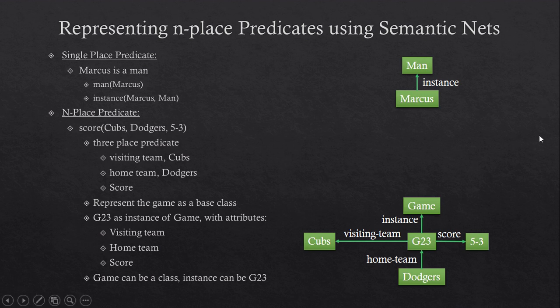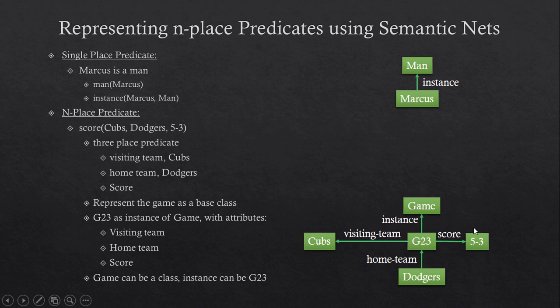Game can be a class whose instance can be G23, where G23 has attributes visiting team with the value Cubs, attribute home team with the value Dodgers, and the score attribute with the value 5-3. That's how we can represent an n-place predicate also. I hope the technique is clear.